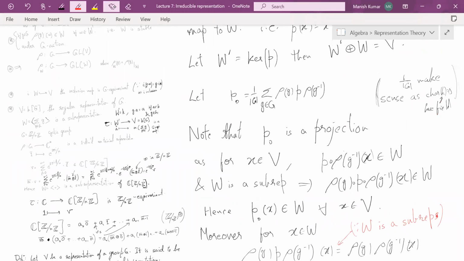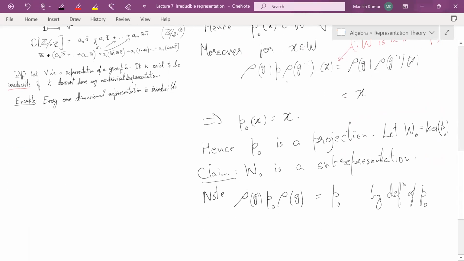You can conjugate P0 by rho G, say rho Z0 for some Z0 in G. Then if you conjugate it by rho Z0, it becomes rho G0, rho G P, rho G inverse, rho G0 inverse. And then rho is a homomorphism. So what you get is,